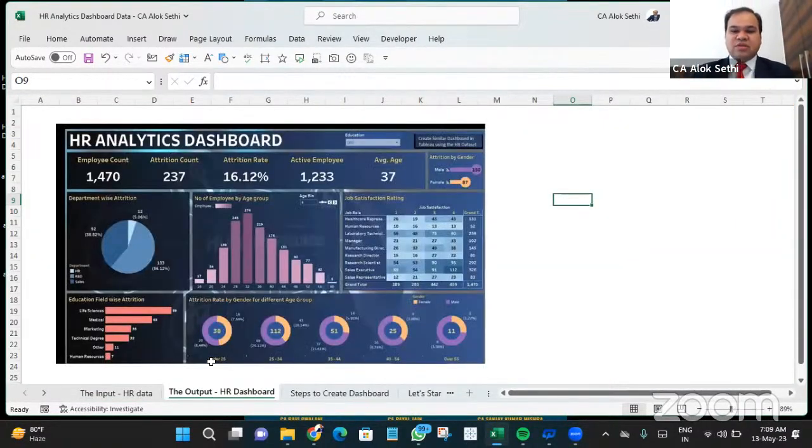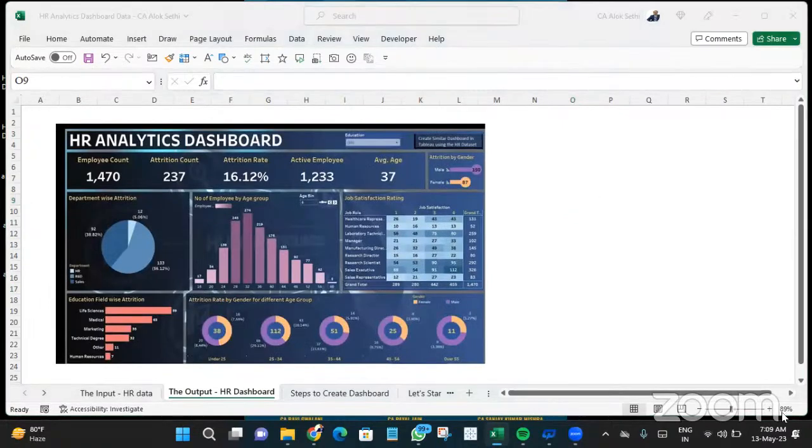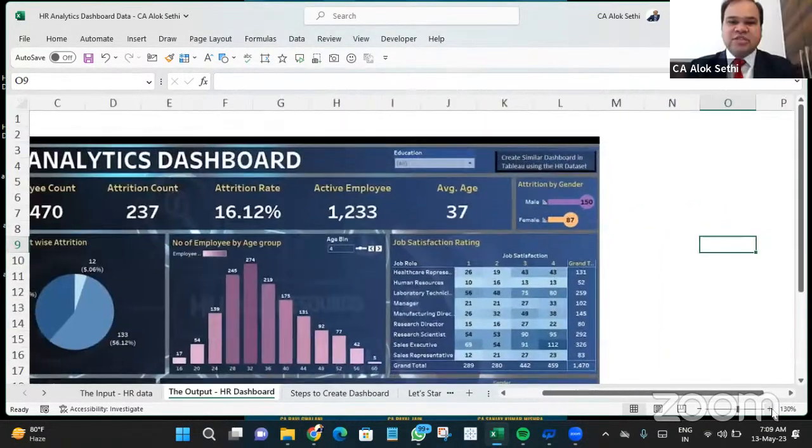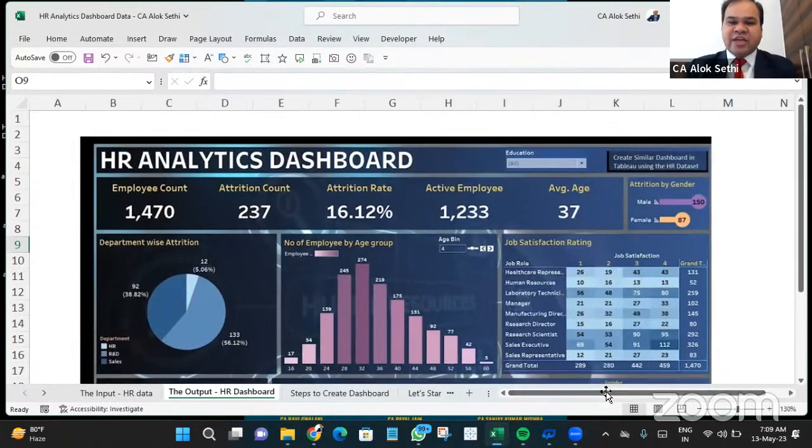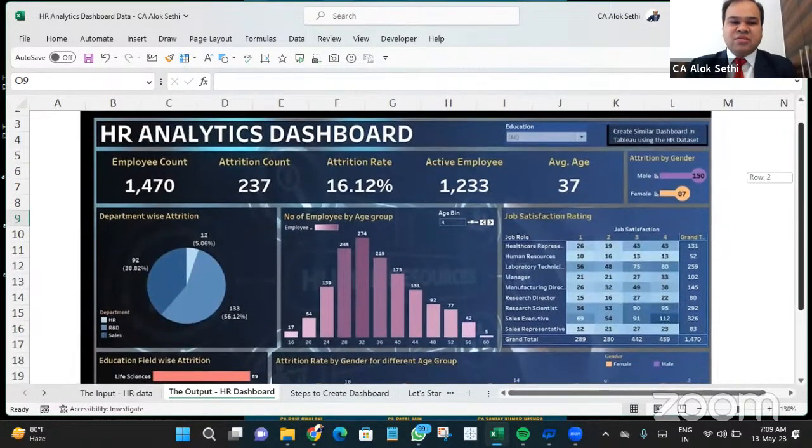Can you see something on the screen? Yes. And what you see is a picture which is a dashboard, and which has some numbers. Okay, so it has employee count, attrition count, attrition rate, active employees, average age